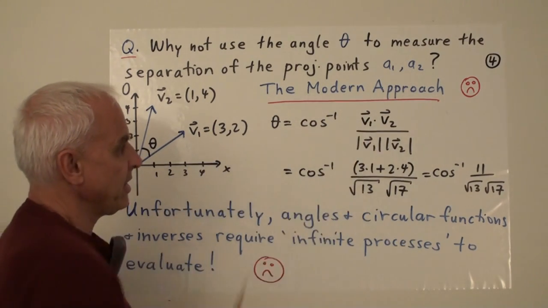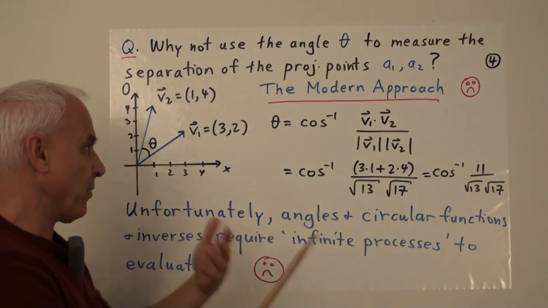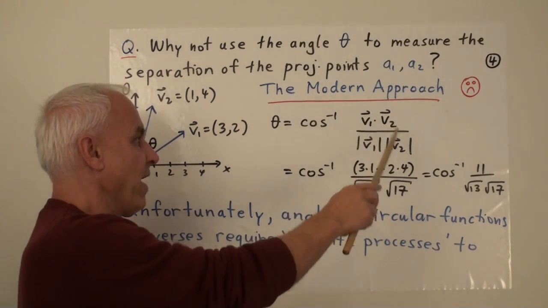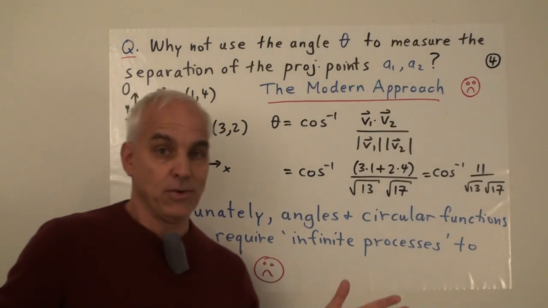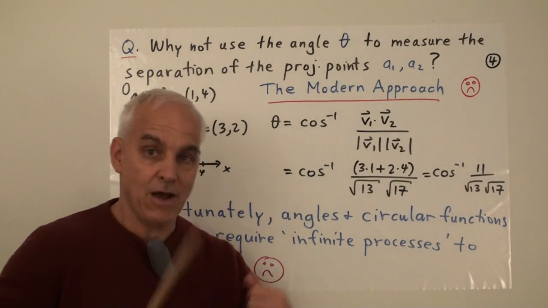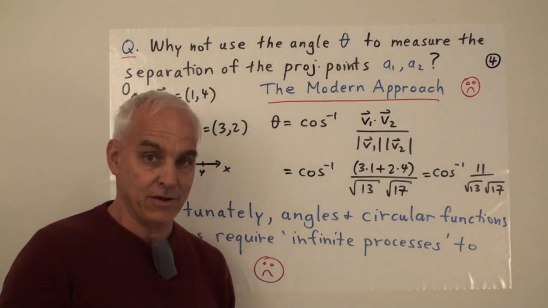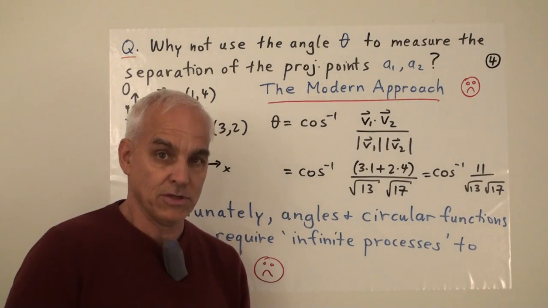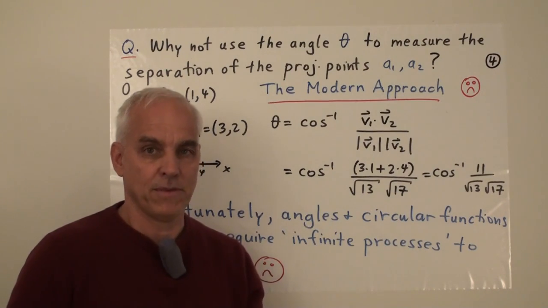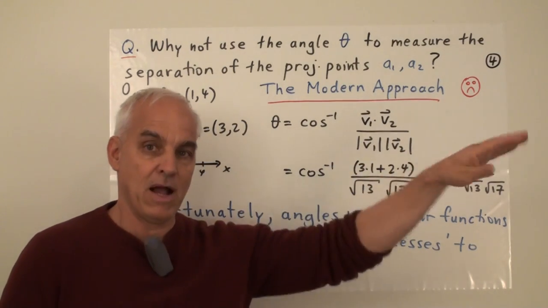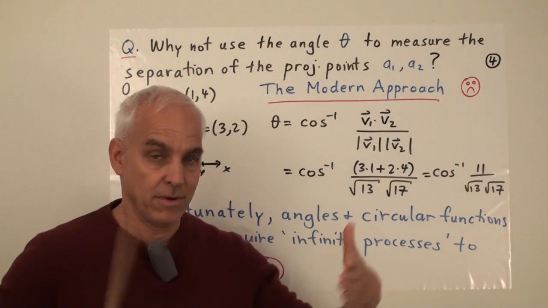All right, so the dot product here divided by the length of V1 and the length of V2, that's the standard thing that one does. And then one takes a cos inverse of that in order to find an angle. Students these days, including students at UNSW, are taught how to go through these motions. And invariably, there's a lot of pressing buttons on calculators, because that's ultimately all you can do. To actually make progress in evaluating something like this, you have to go to floating point. You have to give up the dream of all those infinite miles and miles of decimals out there and just concentrate on the first 10 digits or whatever. Okay, it's all you can do.